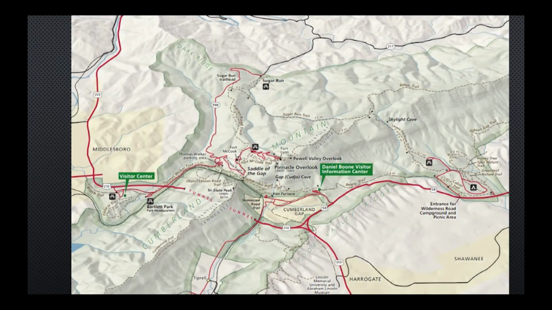And I am the kind of person that I always go into Google Maps, and I always try to look in both the map view and the satellite view to see, what does this look like today? Can I see it from an aerial view? Because remember, the way that the land is shaped has a really big impact on the way the state gets settled. And so the fact that there is a gap there is of utmost importance.